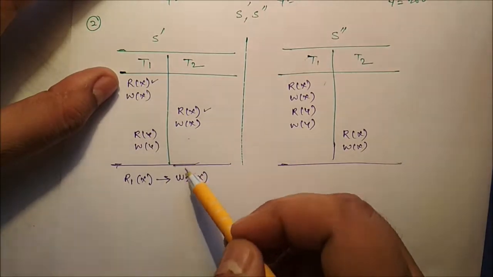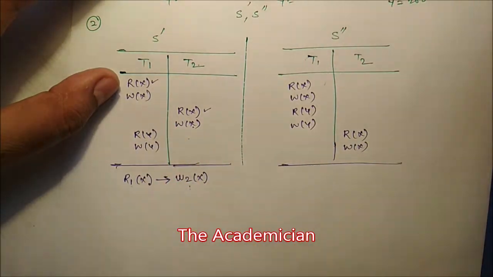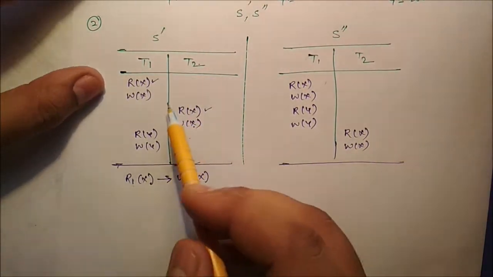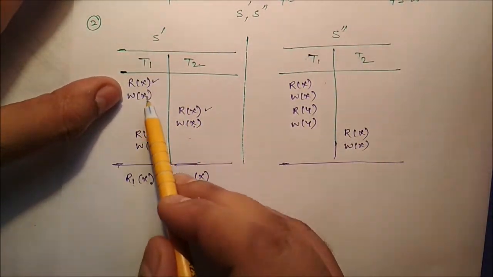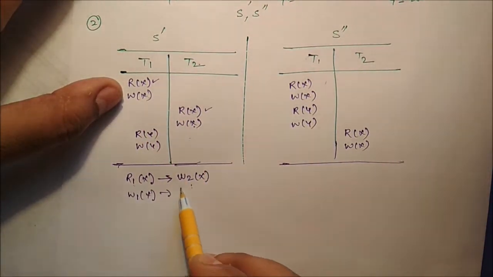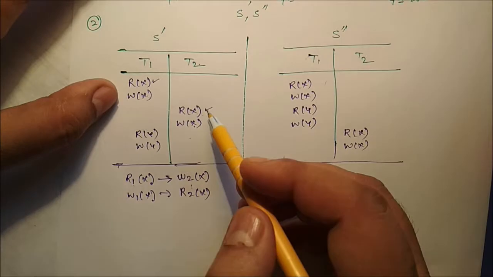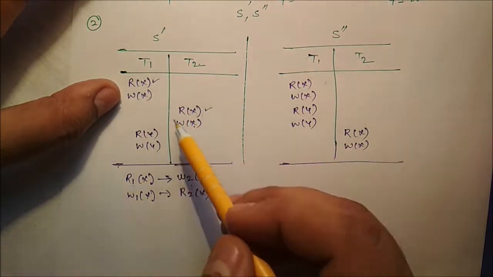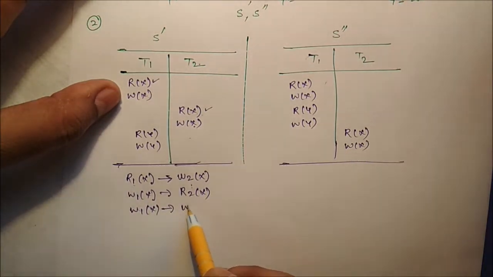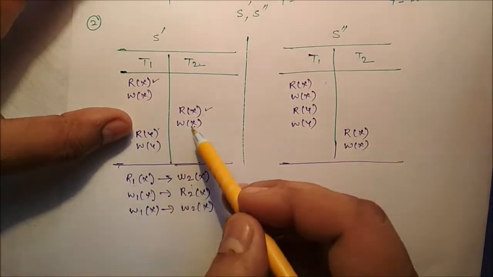Okay, so why is it W2? Because this is the operation for transaction 2. Why is it R1x? This is the operation for transaction 1. Similarly, if you see the second instructions, these two are conflicting operations. So first we have to execute W1x, then R2x. This is the read operation for transaction 2. Similarly, if you compare this and this, they are also conflicting. So W1x first, then you have to execute W2x. Now they are on different variables, so they are non-conflicting.